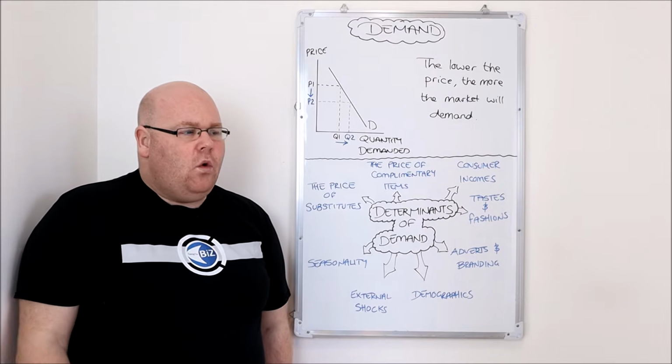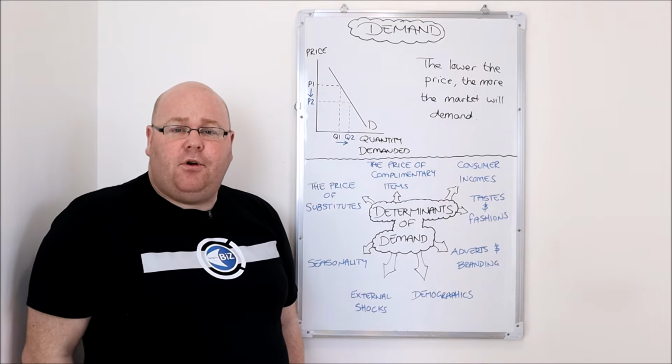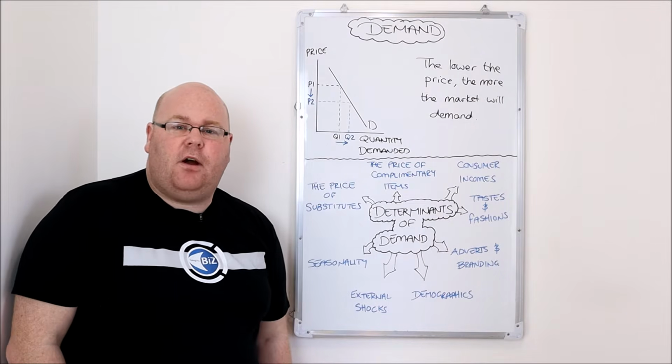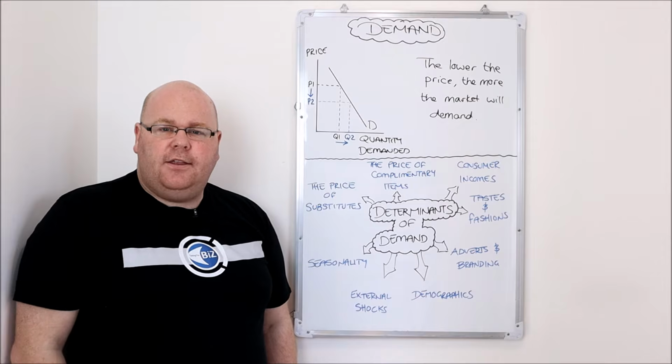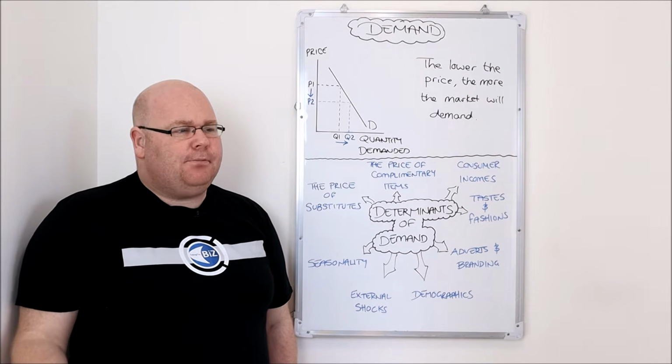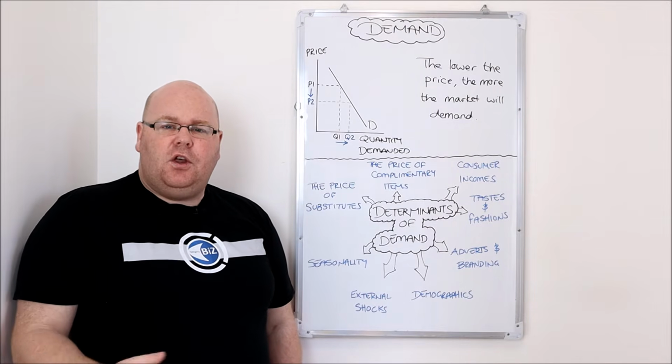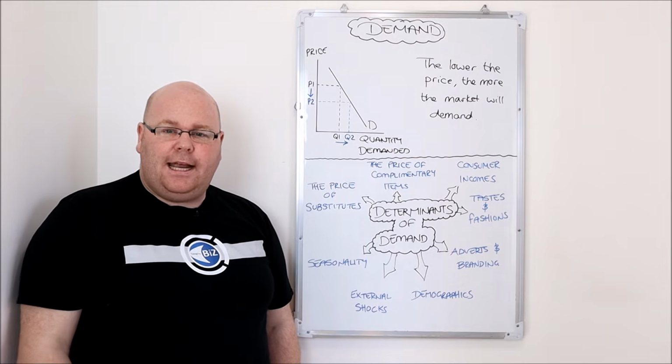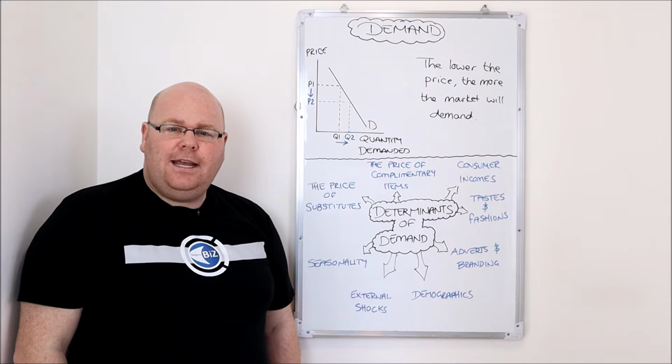And the general law of demand is that the cheaper a product is, the lower its price has reached, the higher the level of demand will be, so that as prices come down in markets, the number of consumers willing and able to purchase that good will increase.